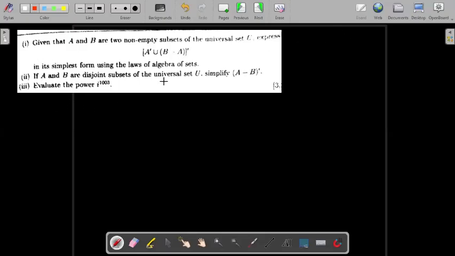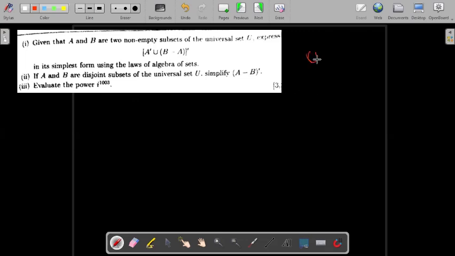All right. So, as we said, in this class, we will cover quiz 1 of 2024. That is Math 1100. And now we're going to look at these questions that are here. So question 1 says, given that A and B are two non-empty subsets of the universal set, which is U,